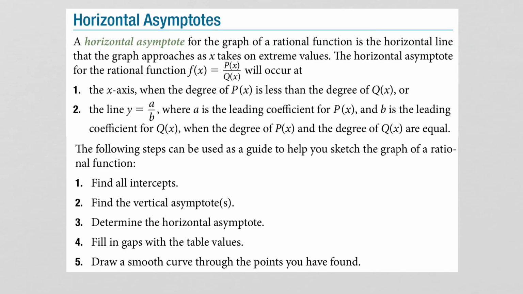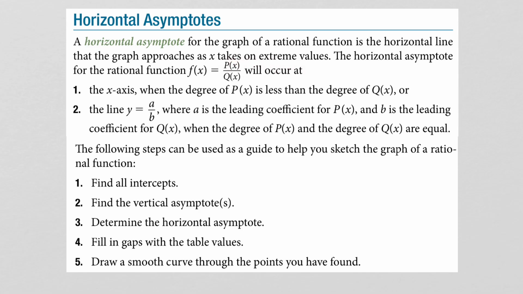So let's go ahead and talk a little bit more about horizontal asymptotes. So remember, vertical asymptotes are where the function is undefined, right? It's where the denominator is 0. Horizontal asymptotes are a little bit trickier. A horizontal asymptote for the graph of a rational function is the horizontal line that the graph approaches as x